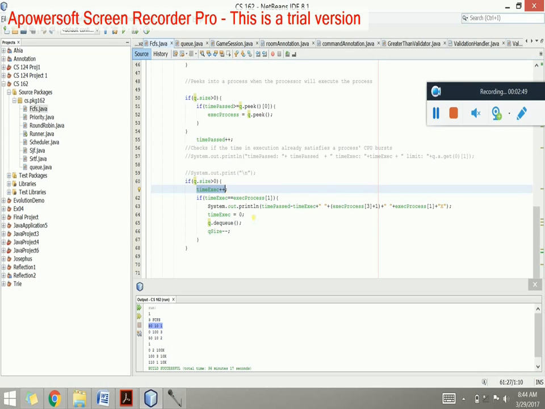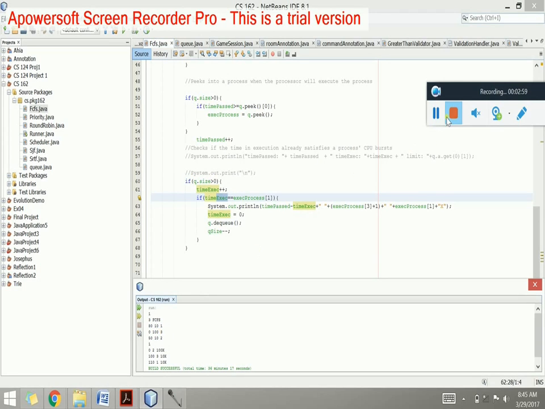Now this is the trickier part. If the time being executed is equal to the amount of time that the process needs